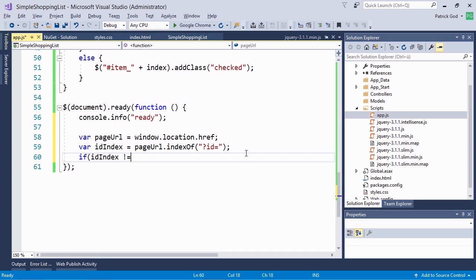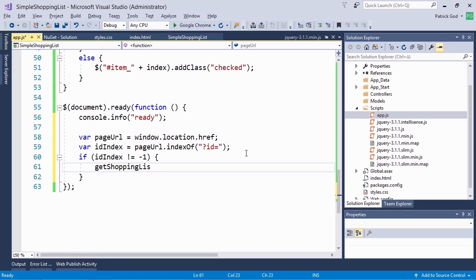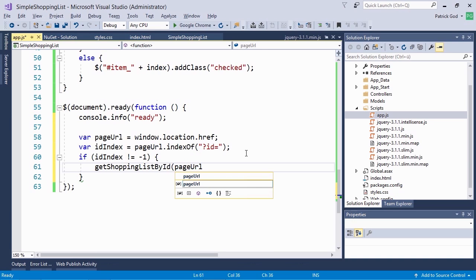Now the ID index, if it is not -1, this means the user has entered something like the $ID and so on. And what we want to do then is actually load the corresponding shopping list with a given ID. So we will call a method like getShoppingListById, for example. Then we have to give this method the ID, and we can extract the ID of this whole string, of course. So we take the page URL,